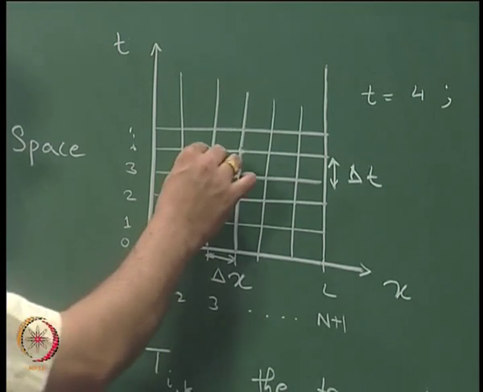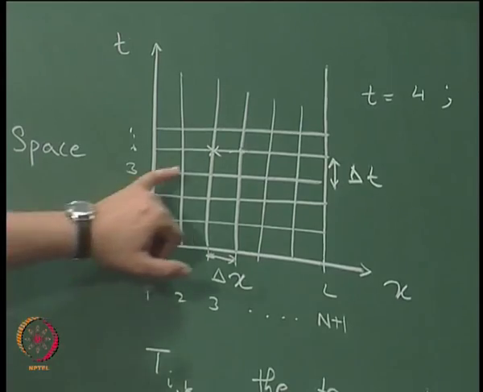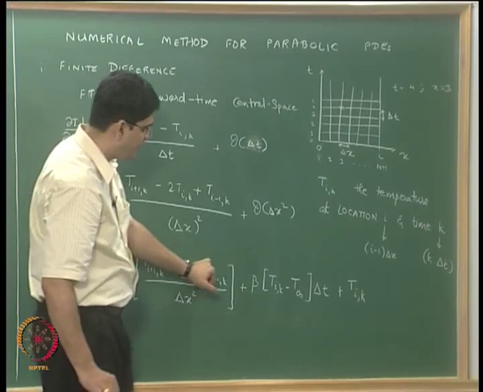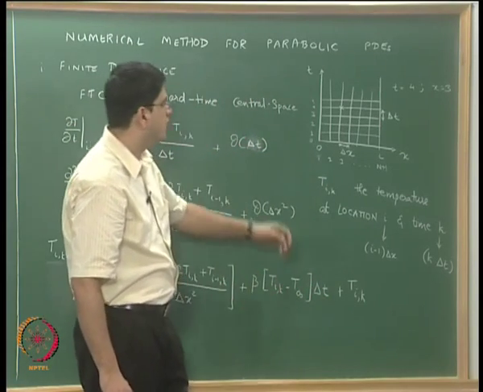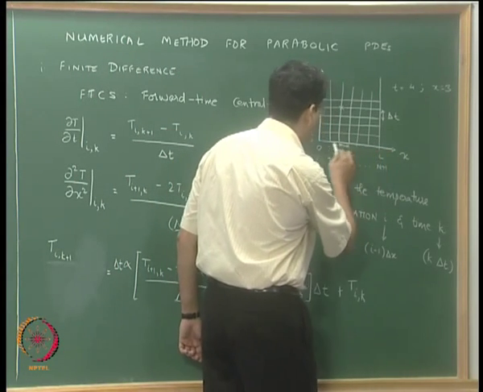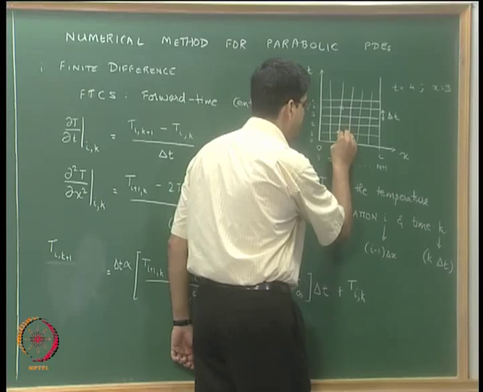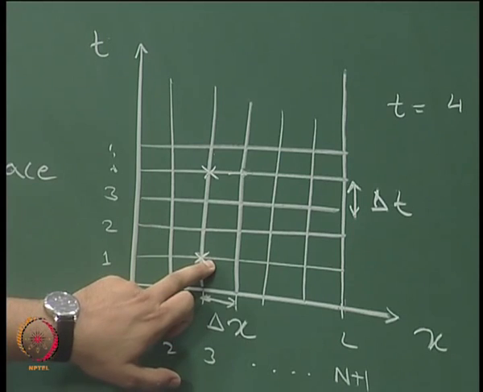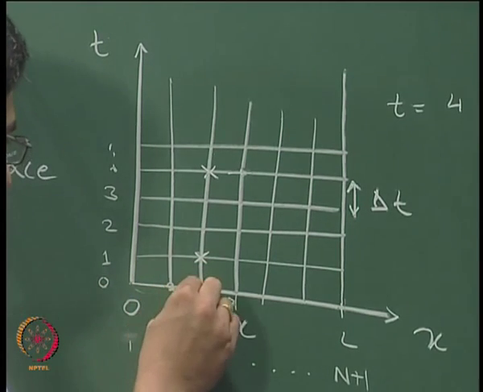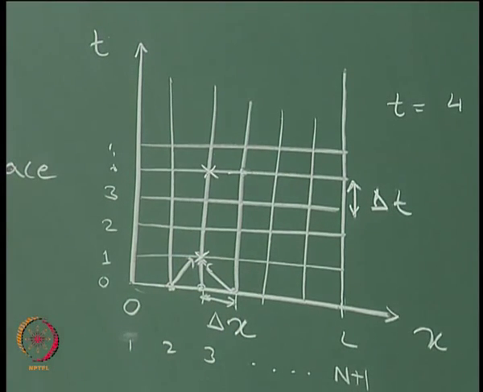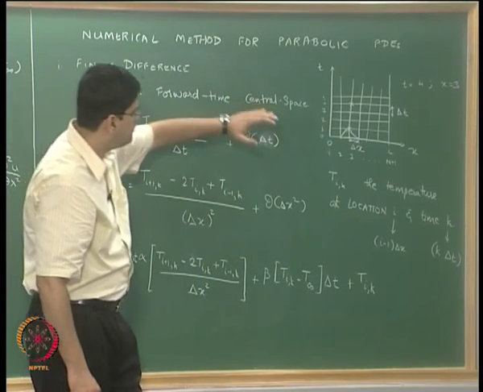For any domain point over here, this is at k plus 1, the value at k plus 1 is going to depend only on the values of temperature at time k. So when k is equal to 0, we have all the values of temperature known at this point. Let us say we are interested in finding the temperature at this particular location. So T at k plus 1 comma I is going to depend on this guy and this guy, and we will then be able to compute Ti comma k plus 1 using this particular expression, and then we continue doing